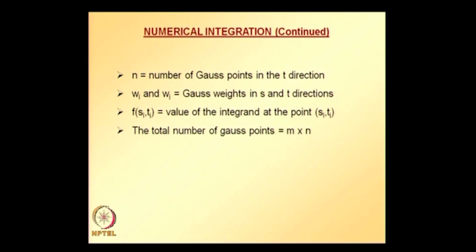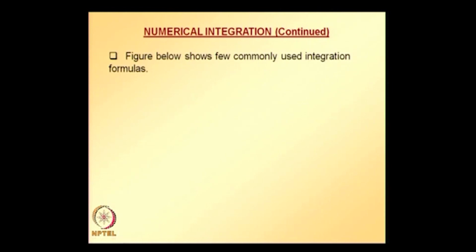The location of Gauss points in each direction and the corresponding weights are the same as those we already looked at in one dimensional Gaussian integration. So, for completeness they are repeated here,